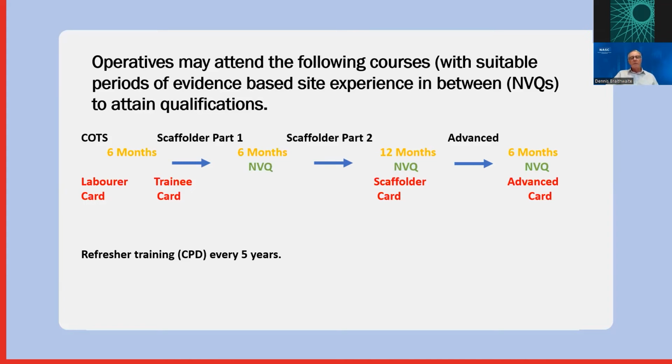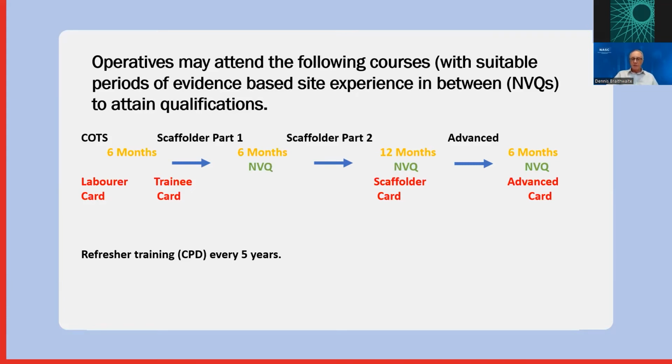He then can actually work on the scaffold. He has to work at least 6 months. But during that time, he has to complete an NVQ, which does actually record the types of structure that he's worked on. He then can take his Scaffolder Part 2 course, and he then receives his scaffolder card. He can erect certain types of scaffolds. 12 months, again, experience and NVQ. And he can actually